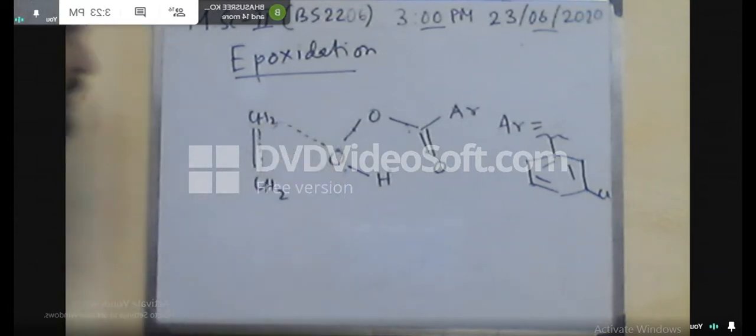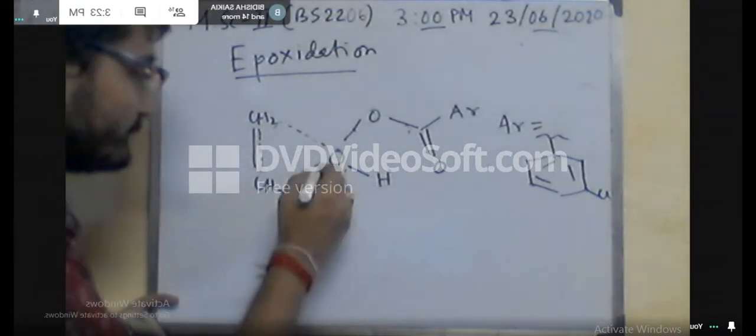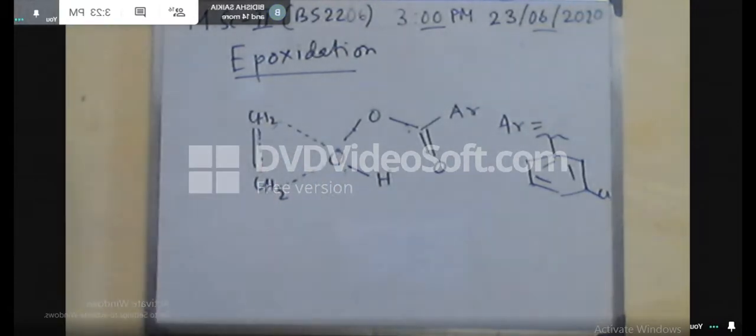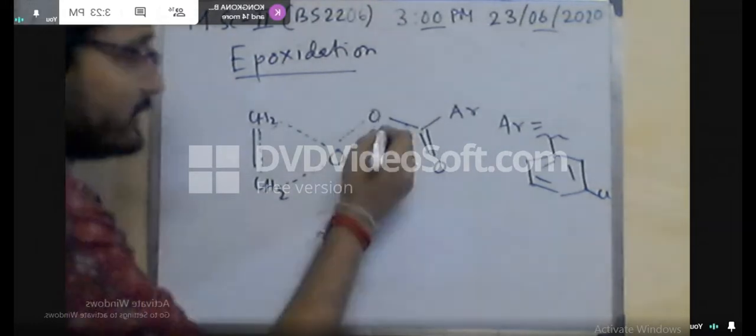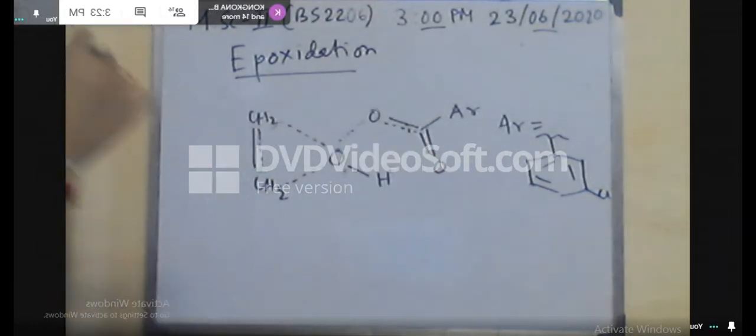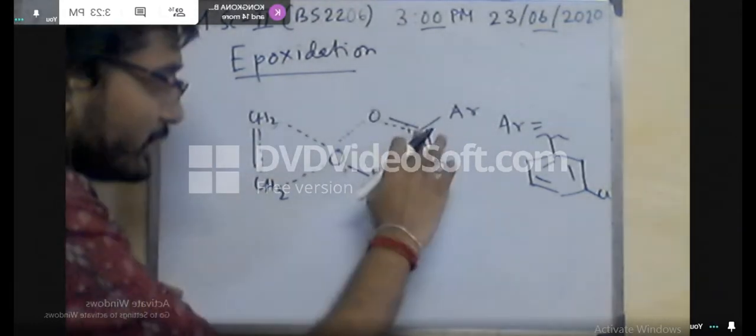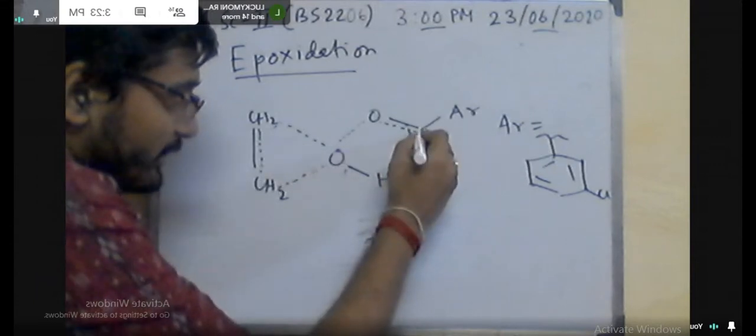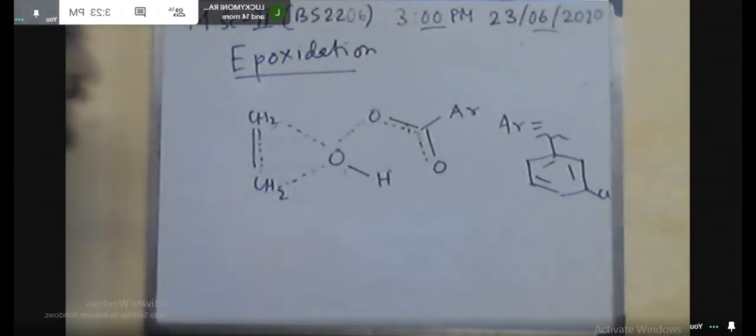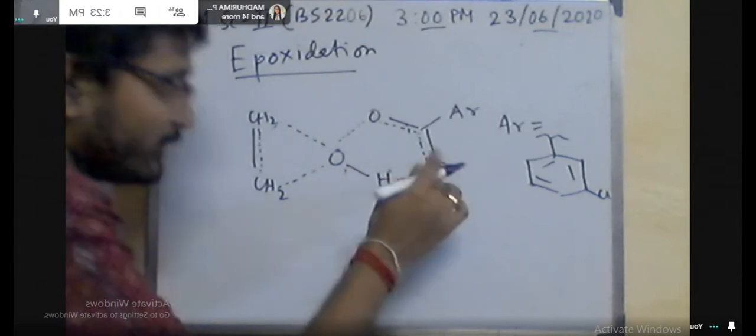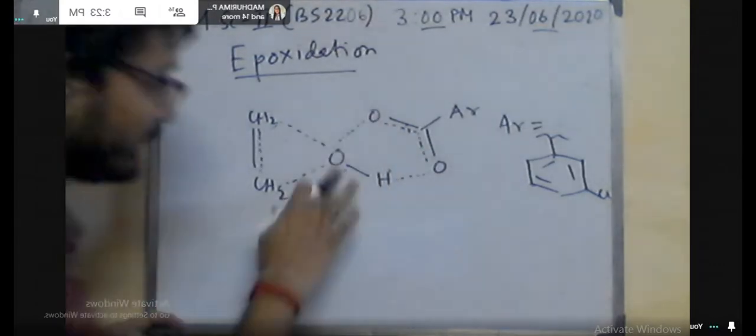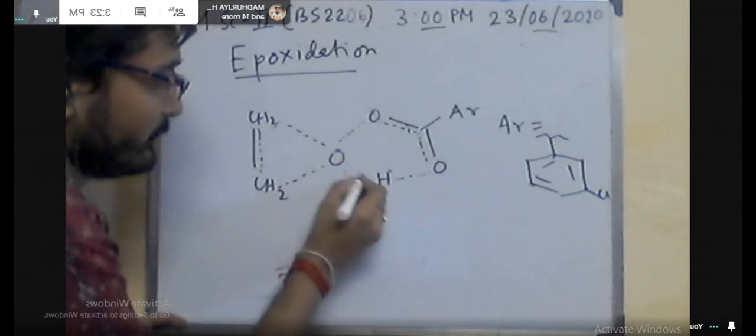Similarly this bond will be broken. Here is the formation of the new bond, the carbon-oxygen double bond. This carbon-oxygen double bond will now be broken. So simultaneously there will be the formation of the oxygen-hydrogen single bond and the breaking of the oxygen-hydrogen single bond in the peroxybenzoic acid. So as a whole, this is the transition state